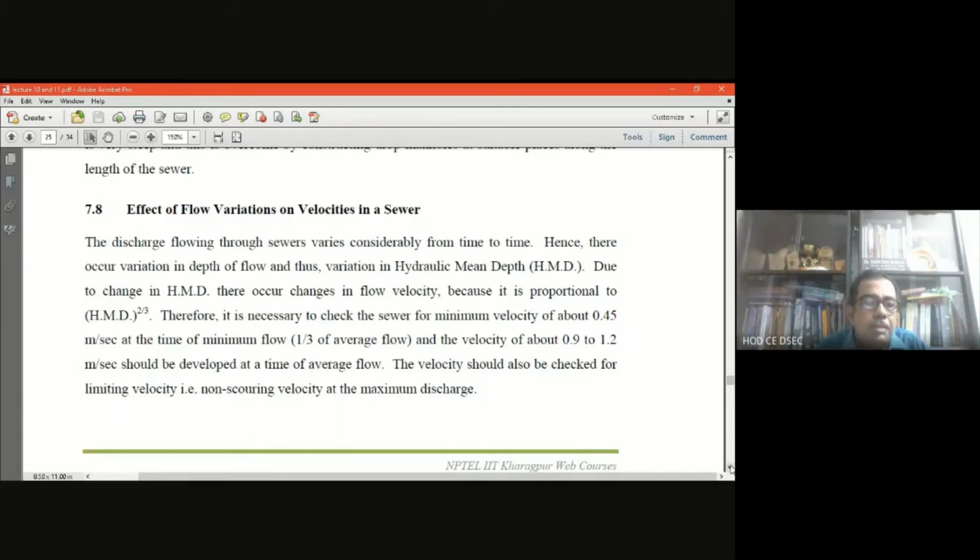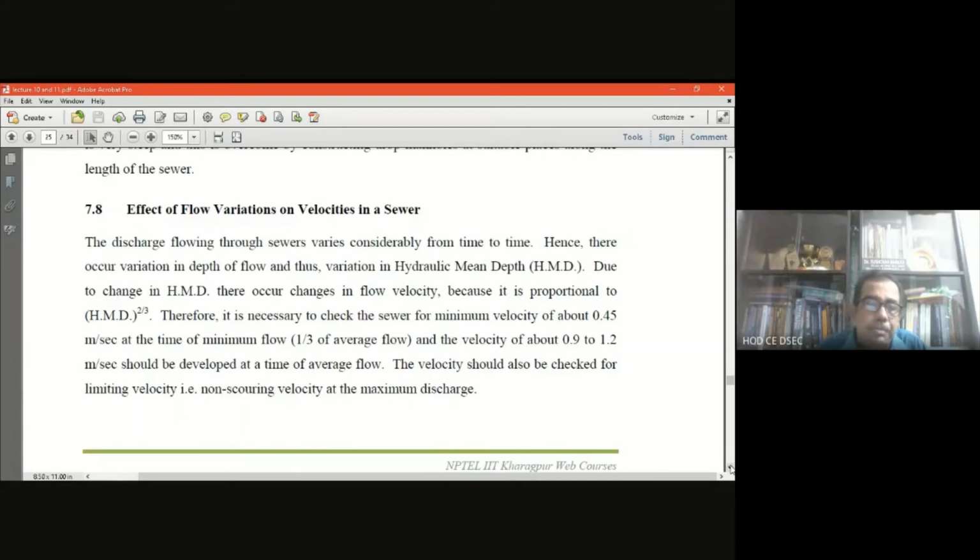So R to the power 2/3, R whole to the power 2/3. If R is changed, then the velocity will be changed, because the 2/3 power of that term is going to change. Therefore, it is necessary to check the sewer for a minimum velocity of about 0.4 meter per second at the time of minimum flow also, because if the depth of flow changes during the flow fluctuation,